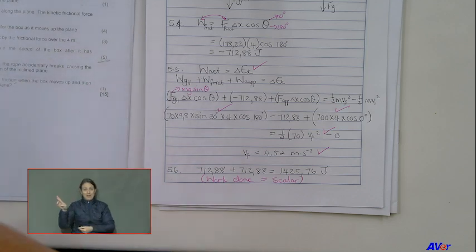Why do I use the same value again? It's the same box. So that means it's still 70 box. G is the same, 9,8. It is the same slope. So that means my normal force stays the same. My mu k stays the same because it's the same slope. So that means it will be the same value. Just in the opposite direction, but now it is a scalar quantity.